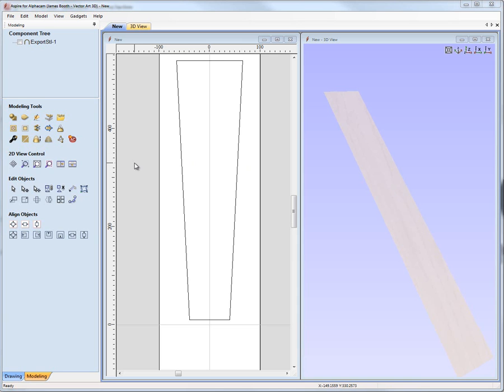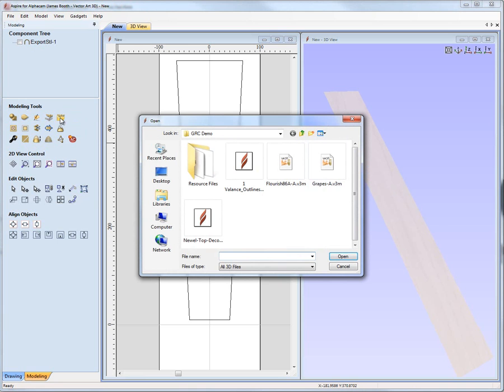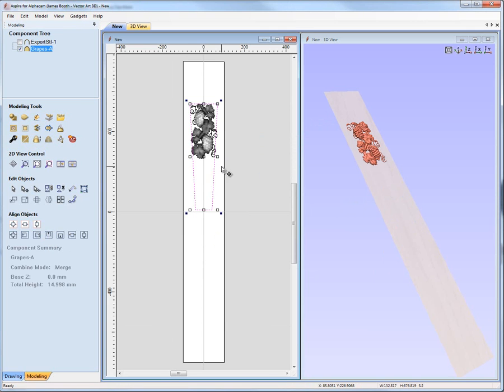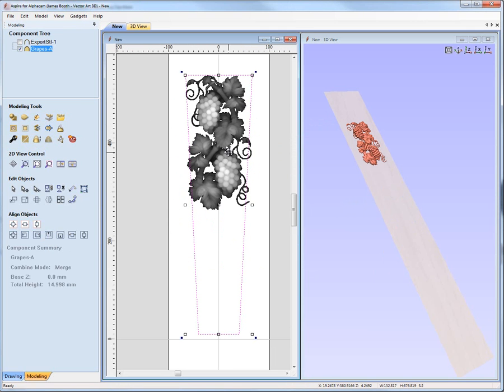Okay, so the model we're going to use for putting on the face of the post here is a very popular model from VectorArt 3D again. There's a version of this that actually comes free with Aspire as part of the clip art as well. So if we come over to the import a 3D model icon, I'm going to choose the model called grapes. I'm going to hit open, and to start with that selected, I'm going to shift and select the outline, and I'm just going to use the icon here to align top,